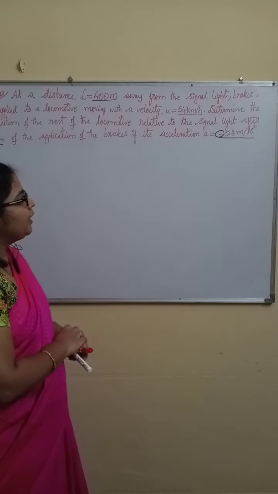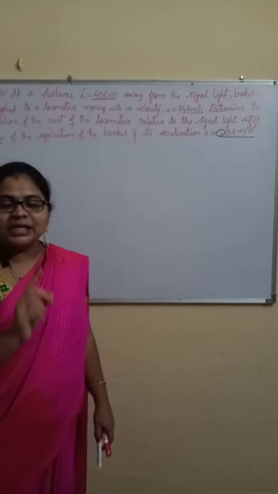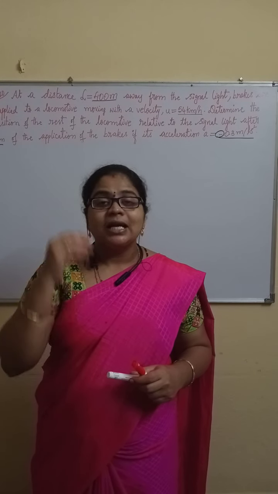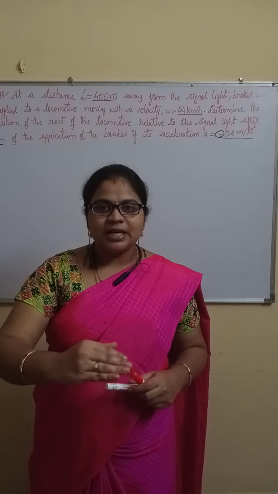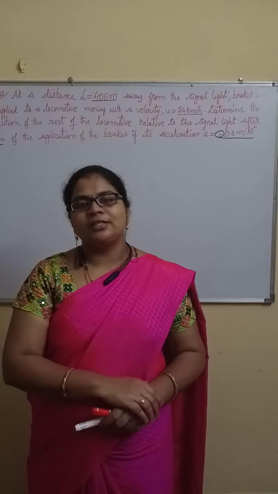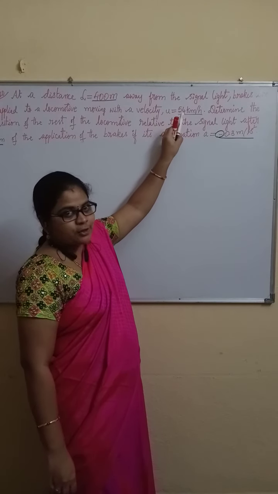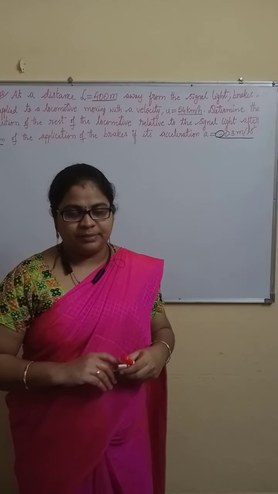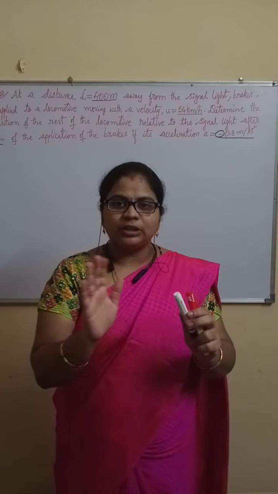Then, acceleration value minus 0.3. Minus means what? The velocity is gradually decreasing, so it is the deceleration concept. For deceleration, the velocity gradually decreases and finally reaches 0. Final velocity is 0. These 3 points: for initial velocity, the units have to change. Acceleration minus means it is the deceleration concept, so final velocity is 0. These two things we have learned.